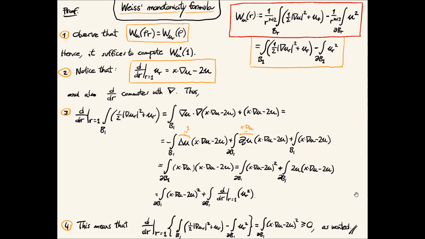Okay, so this is what happens for the obstacle problem. But then for the Bernoulli problem, it's really the same kind of computation. You can try to do it as an exercise. You take the functional, you rescale it, and you get something like that. You still have this property for u_r, now the derivative is the same without the 2. And then you compute the derivative of the energy at scale u_r, the derivative at r equals 1. You compute, and then get something like this, a square plus the derivative of something. So you put the something at the beginning, and then this is a